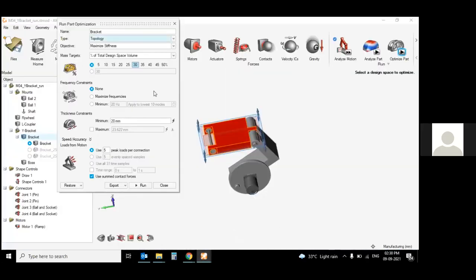So next, it will ask you to select the mass target. Which mass target are you targeting? Basically, you want to work with only 30% mass of the total weight of your component, or you want to work with 25, or sorry, 20% mass of your component. So I just click on the 30% total mass of this bracket, and here you can also